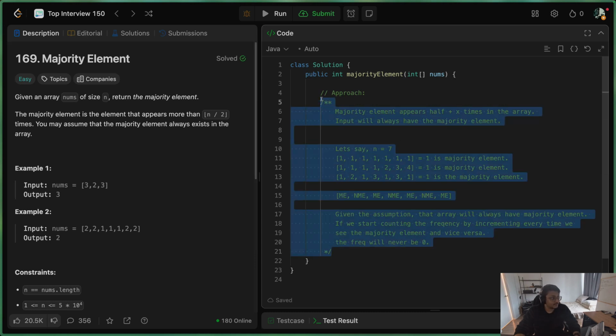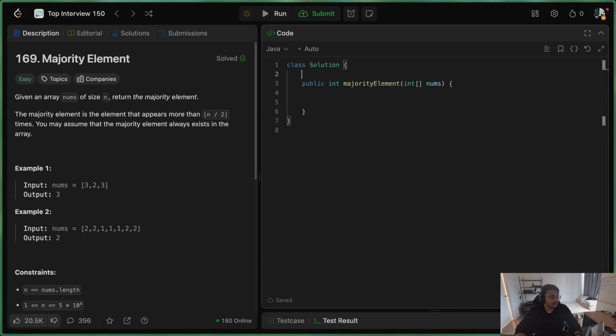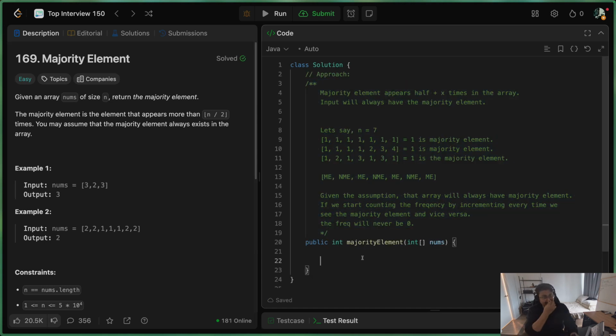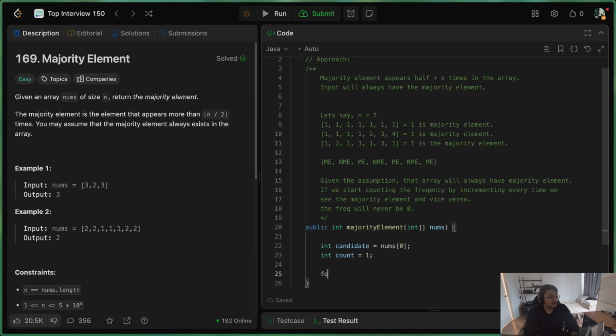So let me remove this from here and put it on top of the method as a method comment. Now, as I said, since we have to find the majority element in the linear pass, we will assume that whatever element we are currently pointing to is the majority element. The iteration of the array will start from the first index. So we will say the candidate majority element is the first element and its frequency is 1. Now we start iterating on the array from the first index to the end of the array,